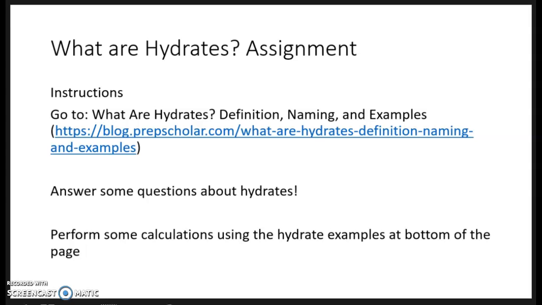Okay, so this is for the What Are Hydrates assignment. For this assignment, you needed to answer some questions about hydrates, but then you also had to perform some calculations using the hydrate examples from the bottom of the page. We're going to look at how to do those calculations, using just one example. You're going to really want to follow the process and then apply it to the other